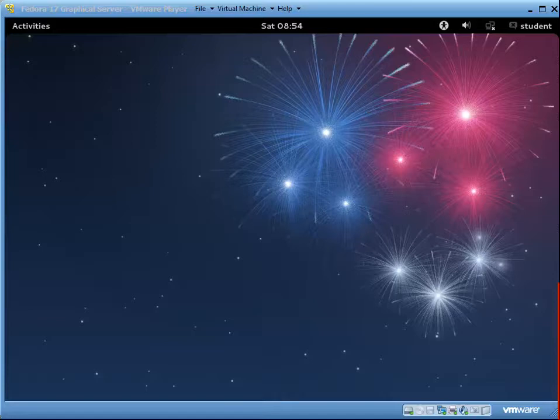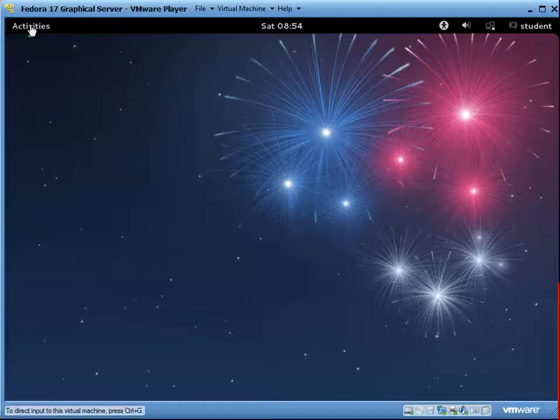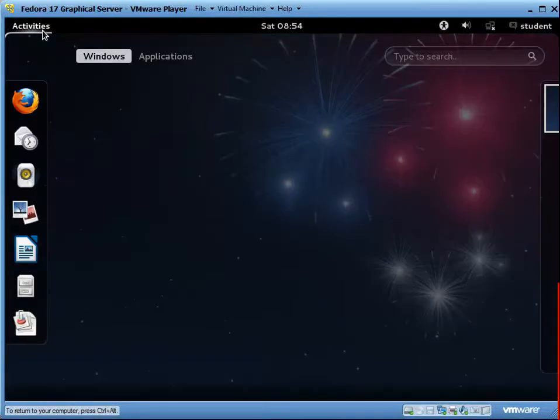Alright, so this is the new interface for Fedora 17, and it's centered around the idea of tablets and cell phones. That's really what it's set up for, and that's why the new interface is different. I don't like it as much, but it's for compatibility with these tablet devices, and tablet devices have become extremely popular. So popular that this is where a lot of the money is actually being made now on little computers, believe it or not. If I click on activities, this is something that can be touched with your finger, you see,